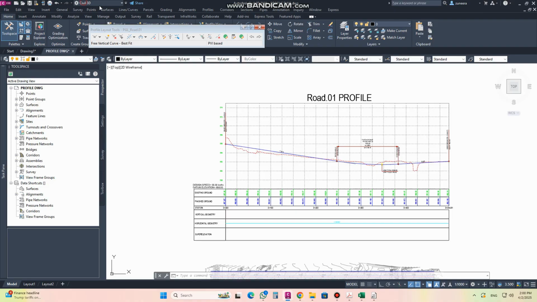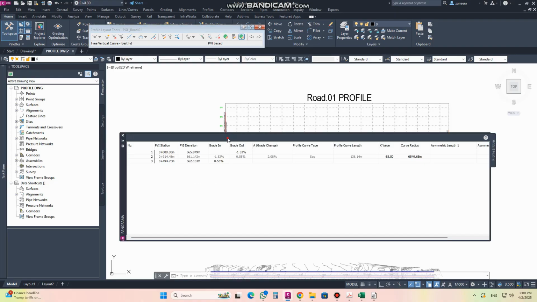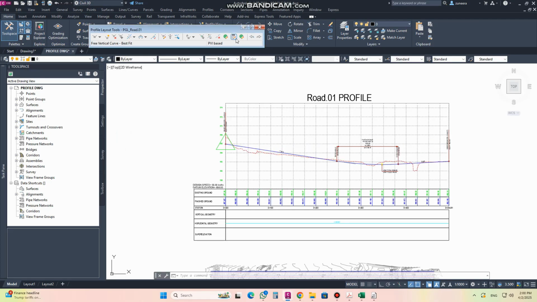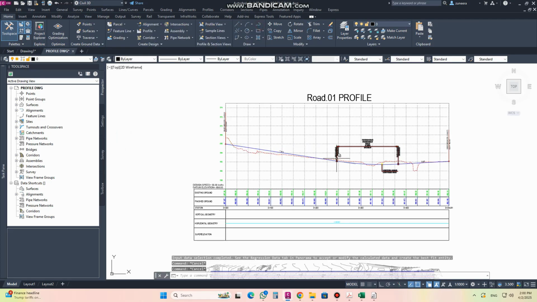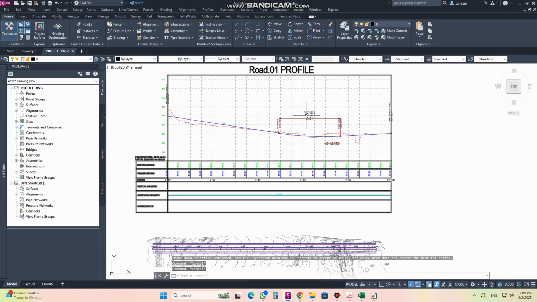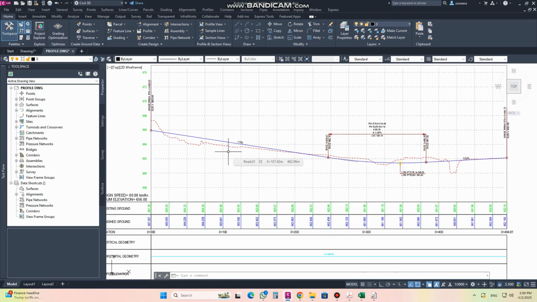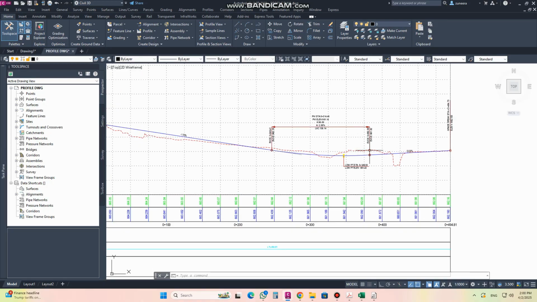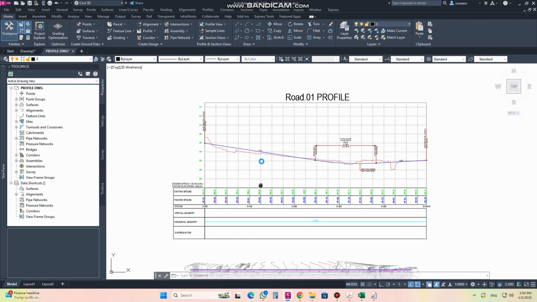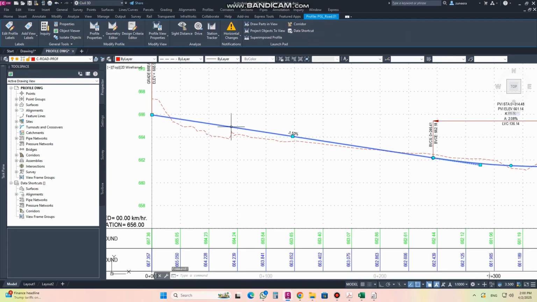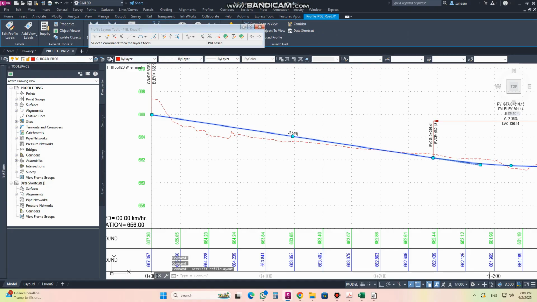If you want to edit this profile, just go here, and this one, the other one, and from here you can adjust the elevation and the radius. From here you can adjust wherever you want, this option we have. So like this you can create different types of best fit profiles where you want for the surface. If you don't have one, Civil 3D will create the best profiles for you from here. Then it's the same as the other one, you can edit the geometry, you can create